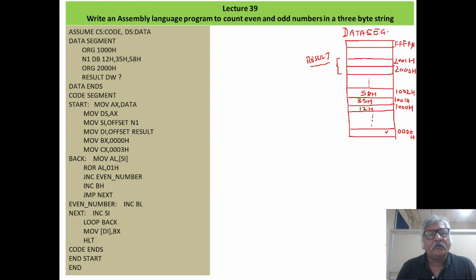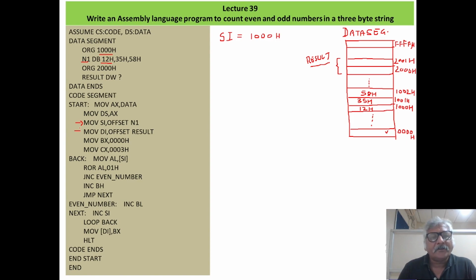Now this third instruction, move SI comma offset N1. So N1 is here, and the offset address of our first data, that is 1000H, will be stored in the SI register. So SI will be initialized with 1000H.